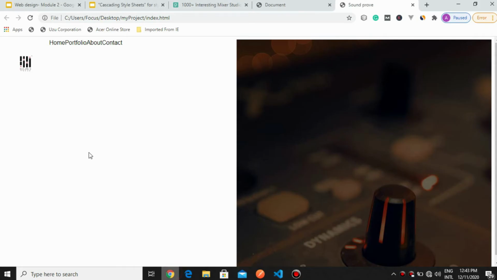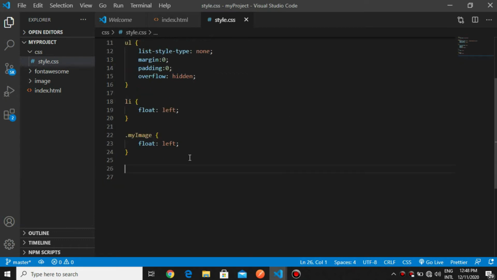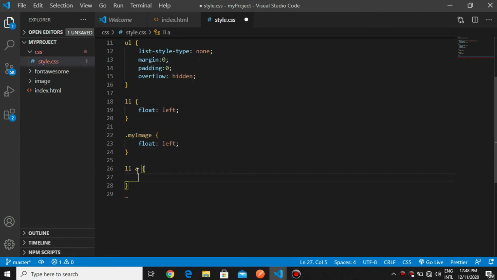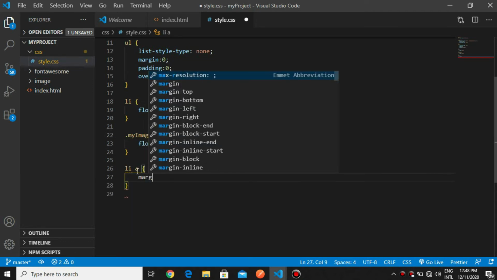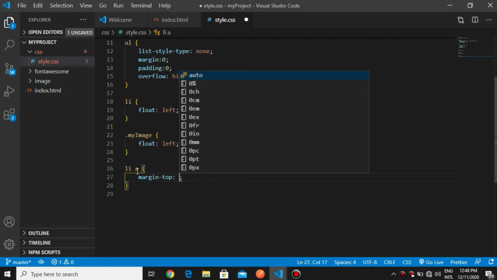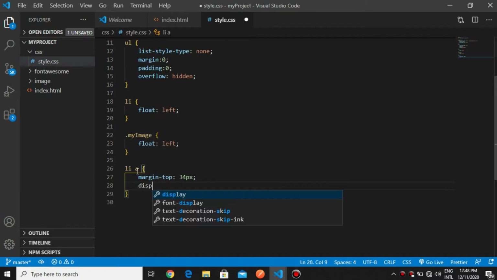Save. Still not working. Right. So we're going to work on the list property. So say list, and it's the anchor tag we want to change. So give it a margin top of, let's say, 34px. Give it a display